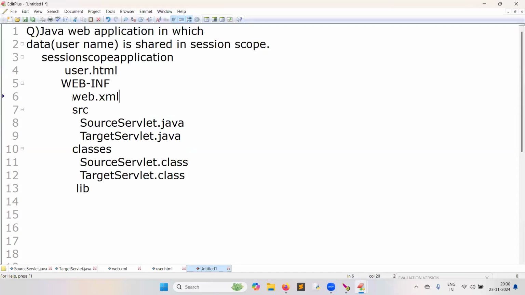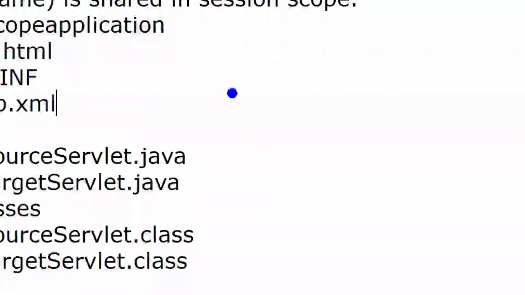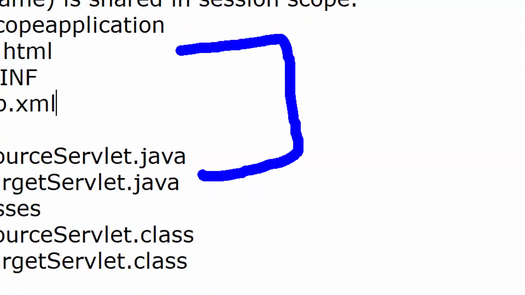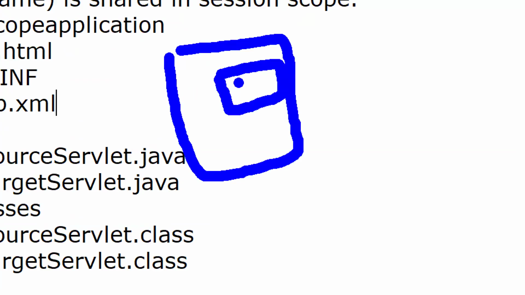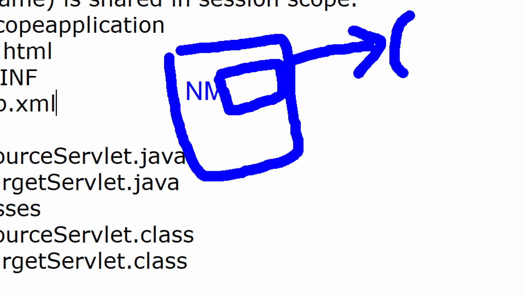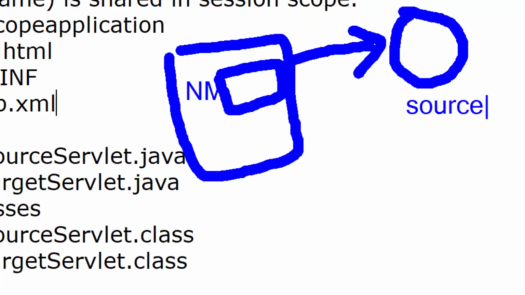Very good. You know what the plan is here? What is the idea? One screen will be there. The user will enter the username, some name entered. Very good. When the user submits the form, control will go to one servlet, the SourceServlet.